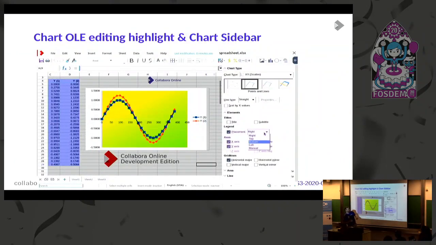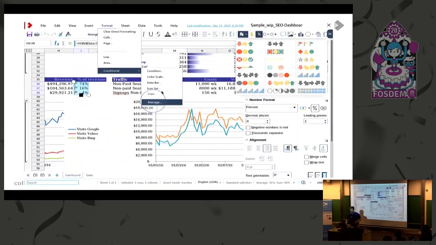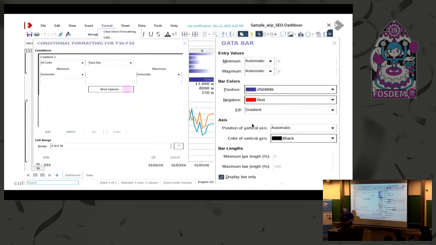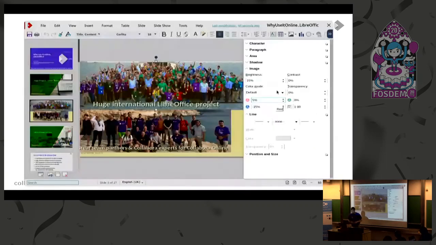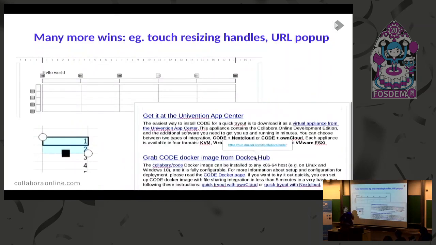What else? A nice new chart editing sidebar, so you can click on your charts and get different types of charts. Conditional format. So often people have these drop downs and they claim conditional formatting is done. Pick one and be happy. But of course, conditional formatting is insanely complicated. And wouldn't it be nice if you could fix it so it looked like you want it? Function wizards. So you can remember what the 17th parameter to that really bad method does. And so on. Color correction of images, nice UI handles for sizing tables and selecting them, improved spreadsheet stuff for